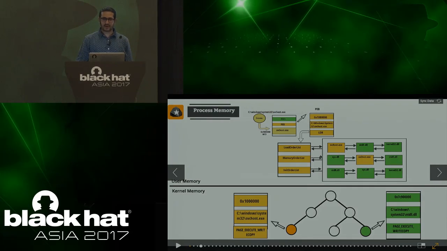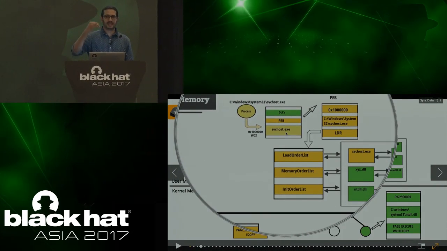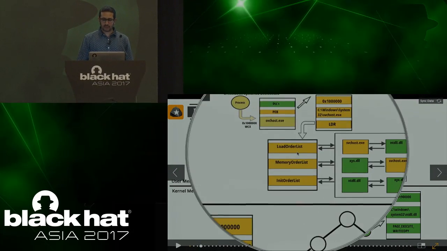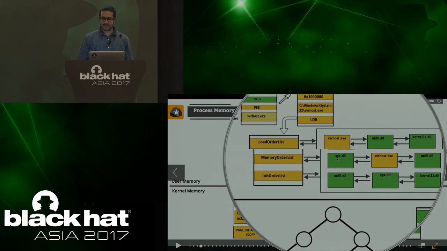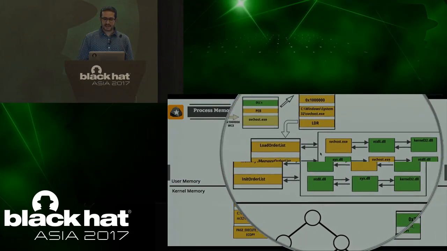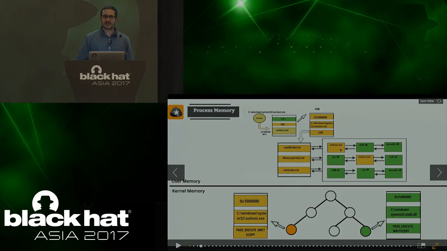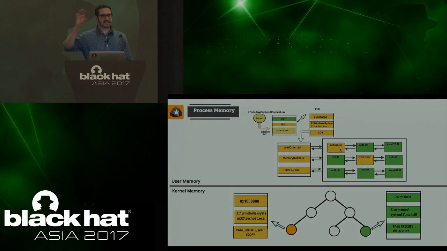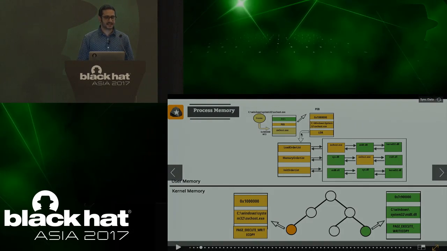So why am I saying this? Because tools rely on walking these doubly linked lists to get information related to the loaded modules, that is, the executable, the DLLs, where they are loaded and so on. So what are these three doubly linked lists? The PEB keeps track of the loaded modules in three different lists: the load order module list, the memory order module list, and the init order module list. The load order module list keeps track of the loaded modules in the order in which they are loaded. In this case, if svchost.exe was loaded first, the structure would contain information related to svchost.exe and then the information related to the DLLs.